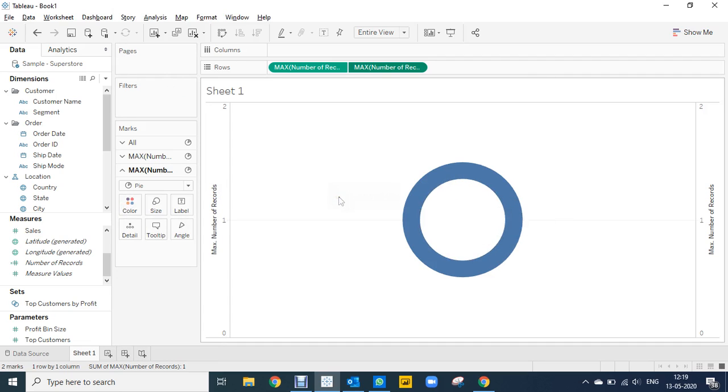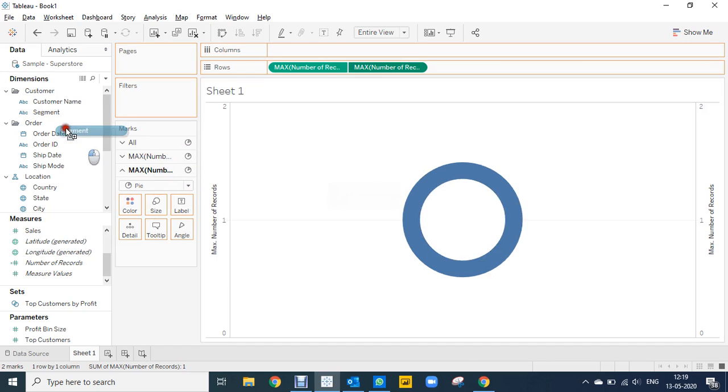Now you can show your data, your dimensions or insights over here. Suppose I want to see the bifurcation segment wise, just pick segment and put it in colors.